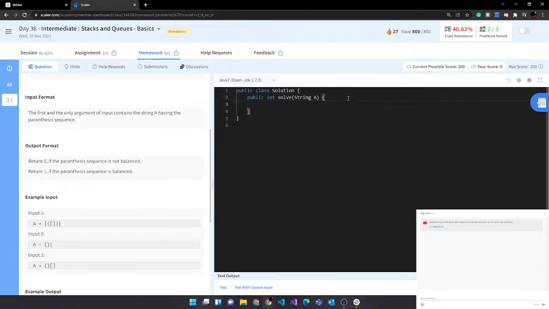Alright, and C1, C2, C3, and n is equal to a dot length. For int i is equal to 0, i is less than n, and i plus plus. We're gonna go ahead and do